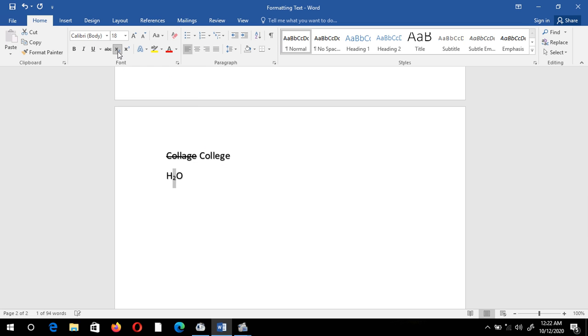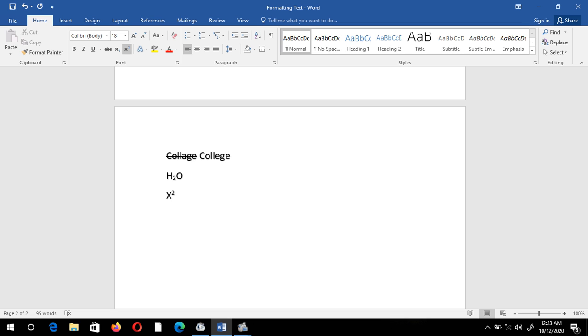Now you can see 2 is in the subscript of H. Now suppose I want to write a formula, that is x square. I want 2 in the superscript, that is raised to the power of x. First of all select this 2 and click on the superscript option. Now you can see 2 is in the power of x.